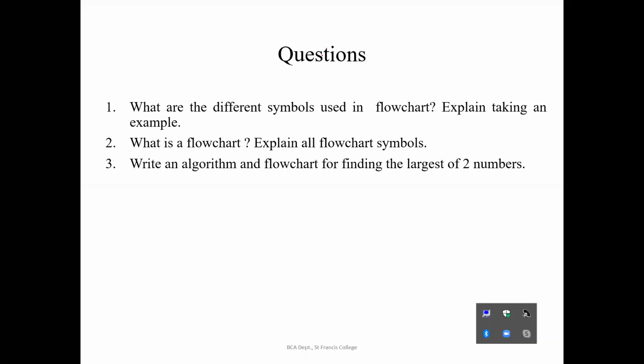So you have to draw the flowchart, explain the different symbols used in the flowchart and then take one example which may have all the symbols, even the decision box. Connectors, it's okay if you are not connecting also. Basic symbols should be there.